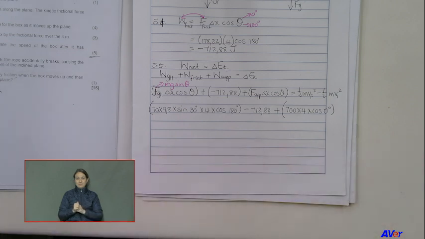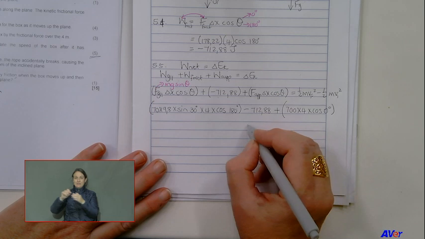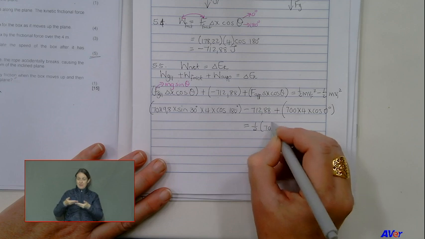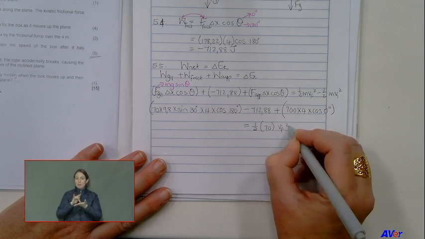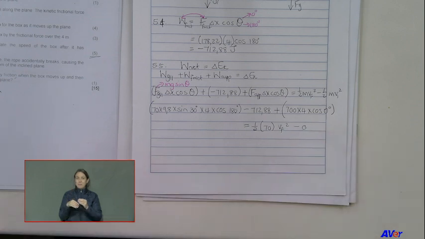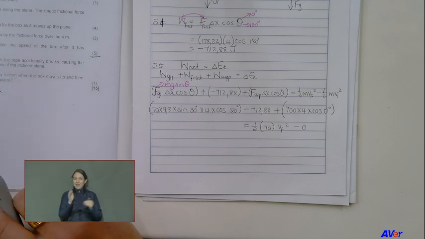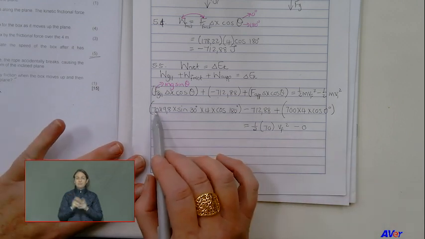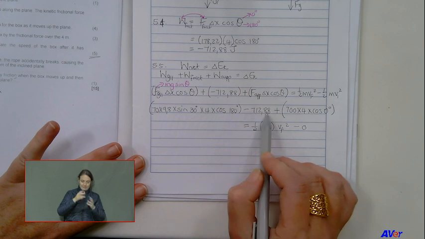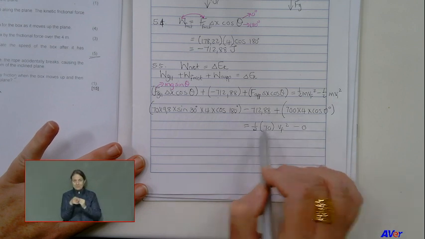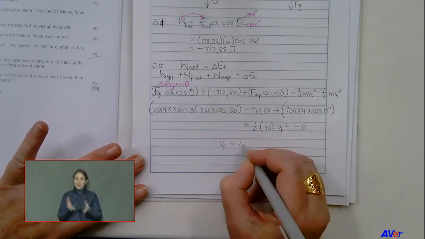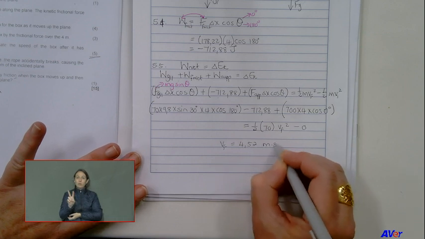I've written now a bit bigger so that you can see, so I'm just going to continue here. Equals half. The mass of the block is 70. I want to calculate the final velocity minus 0 because the initial velocity was 0 because they said initially at rest. So it was standing still. Okay, so I put everything into my calculator. That minus that plus that divided by half times 70 and square the answer. And then I got 4,52 meters per second.